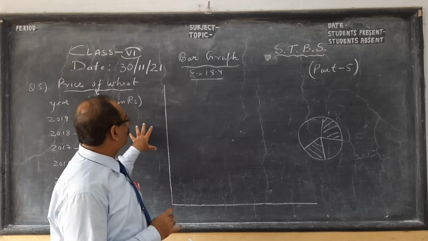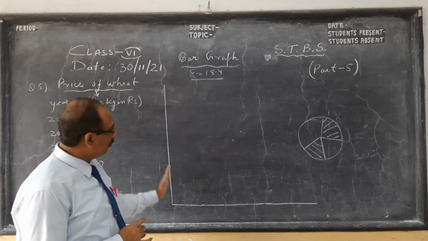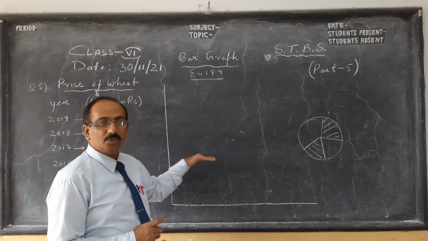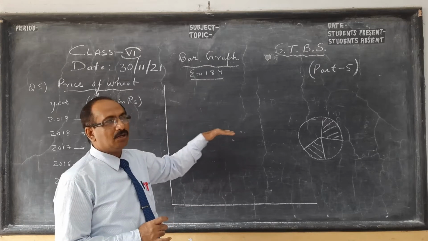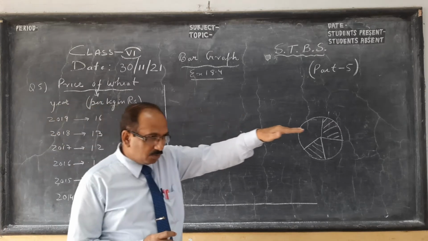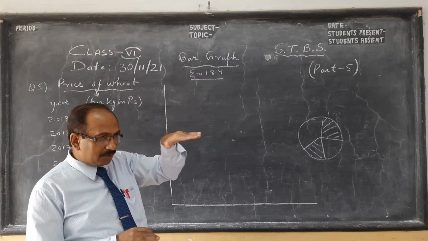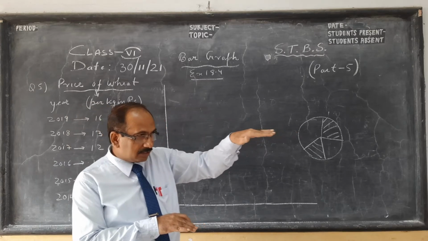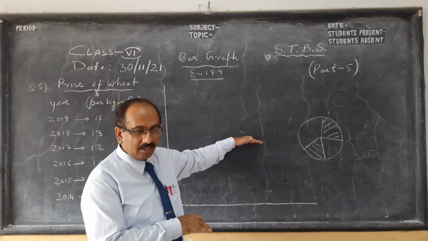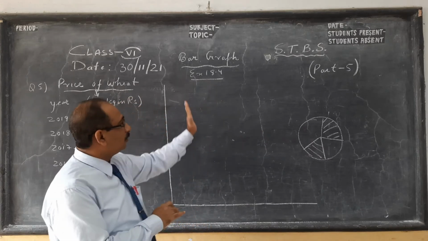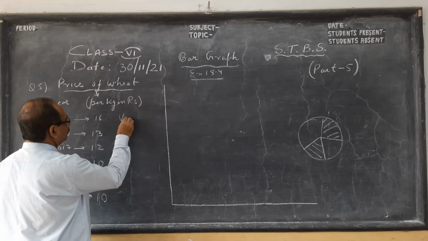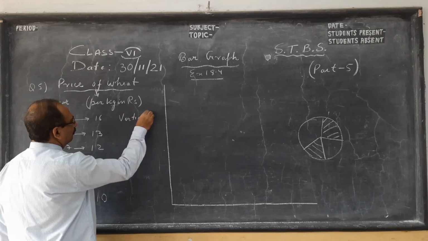There are two types of bar graph. One we will draw vertically, and in another example I'll show you horizontally. Horizon means where the sun comes out. When you look parallel to the surface of the earth, at the horizon, it's called horizontal. So the next graph will be like this. And vertical means when anything goes up. Here I am going to teach you in this sum a vertical bar graph.